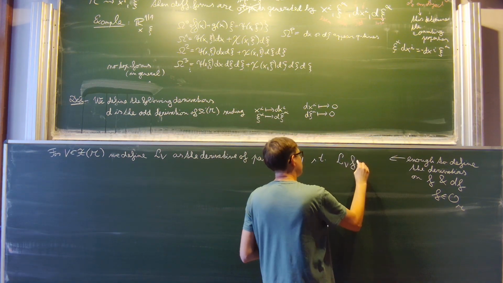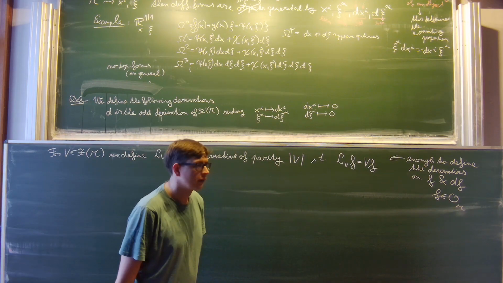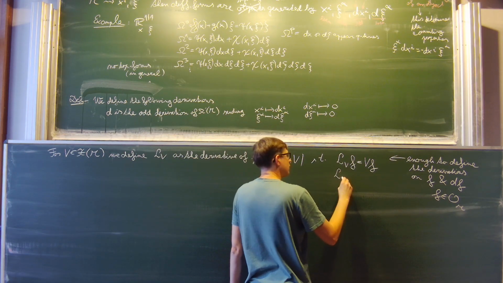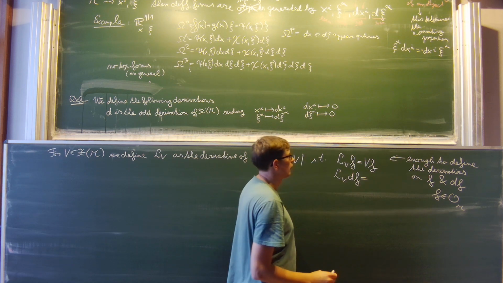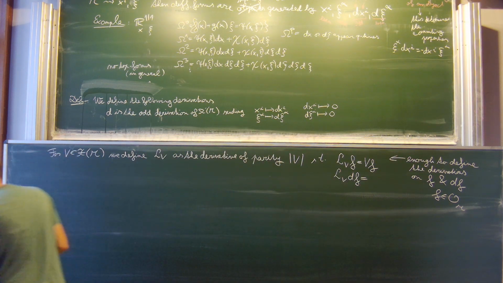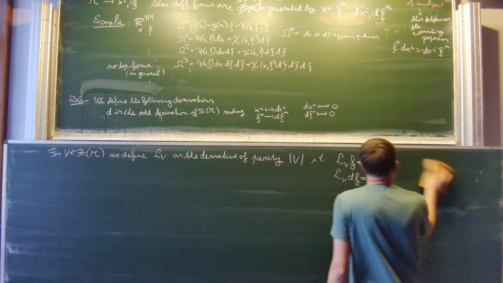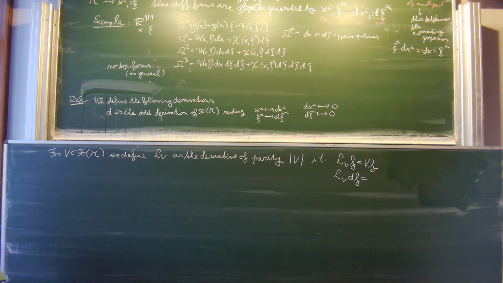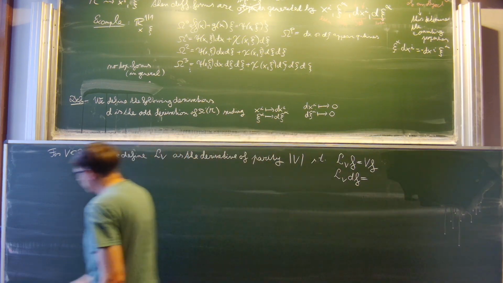So, what I want is that if this acts on a function, then I want this thing to be simply the vector field acting on the function. And if I act with this thing on d of f, okay, sorry, I think it's probably better to forget what I said here. It's true, but it may be confusing to say it like this. Let's say this,